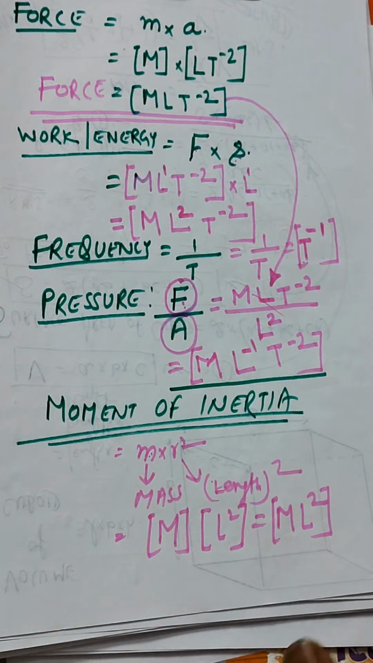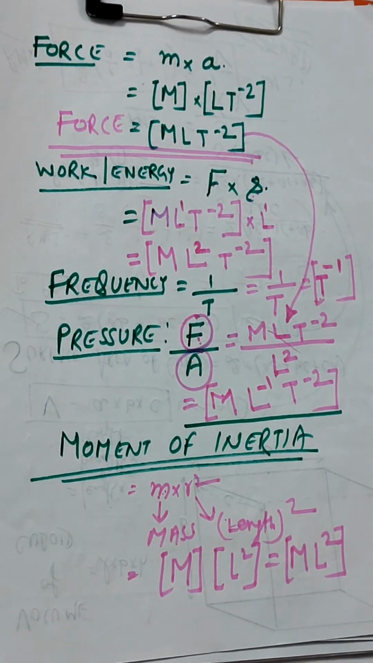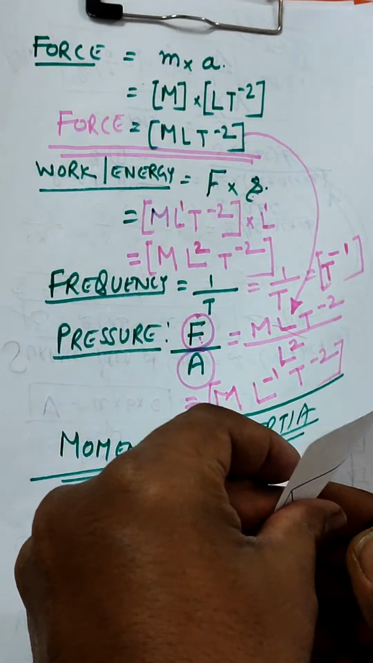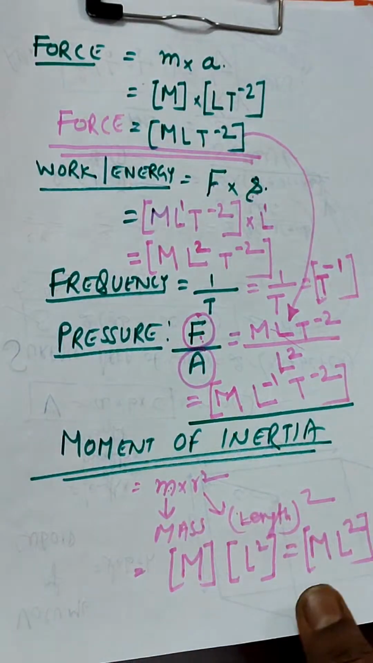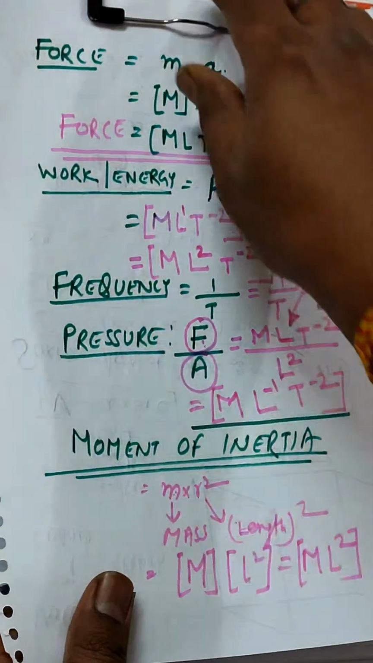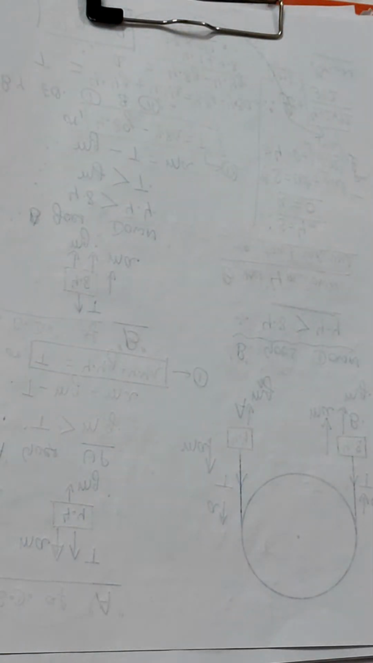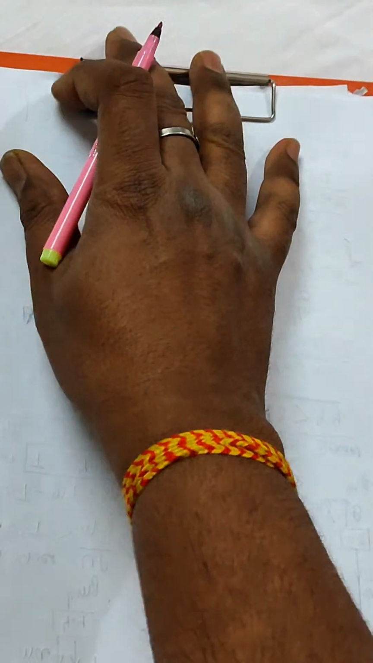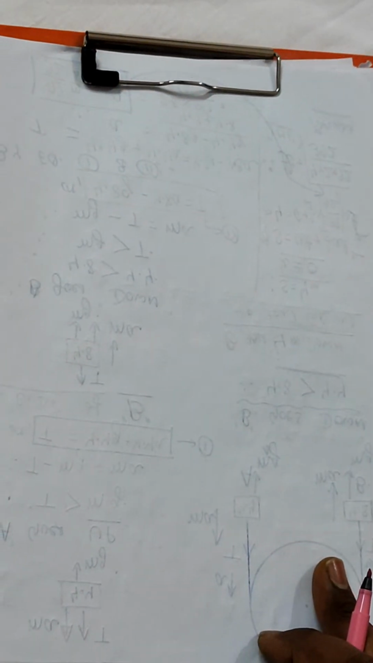Now we'll take some more examples such as gravitational potential or capacity. Before that, I will go through the basics of physical